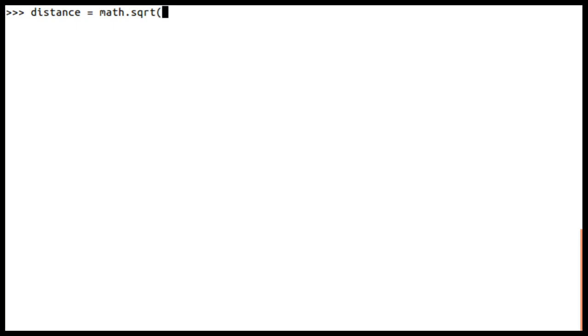Inside this, blank.x should be squared. For squaring we use double star 2, plus blank.y squared. Now if I execute this, surely we will get an error.